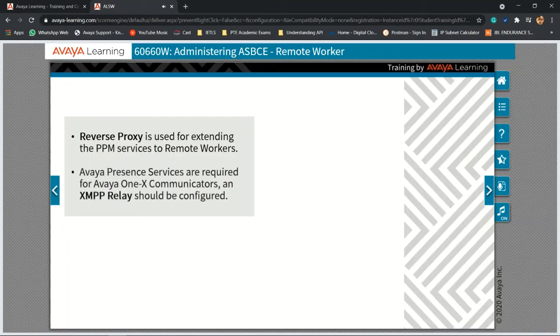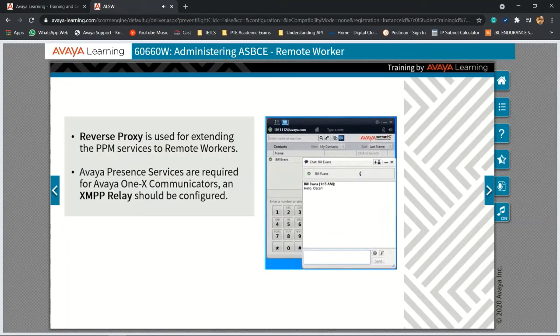If the customer uses older clients like Avaya 1X Communicator, the Avaya Presence Services provides instant messaging via XMPP. To support it, ASBCE requires an XMPP relay to be configured. Newer Avaya clients, for example the Avaya iX Workplace, formerly known as the Equinox client, support instant messaging through HTTPS REST and do not require the XMPP relay. Requirements for the HTTPS REST instant messaging are covered in the 71400V Integrating Equinox Solution with Avaya Aura Collaboration Applications